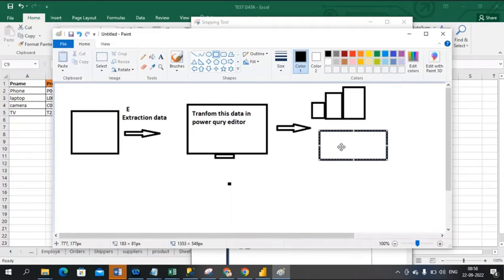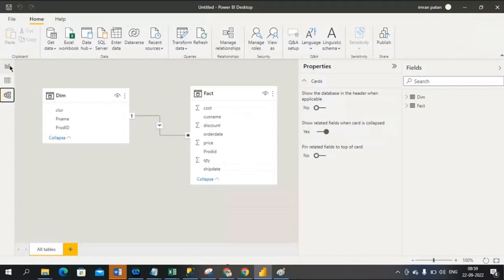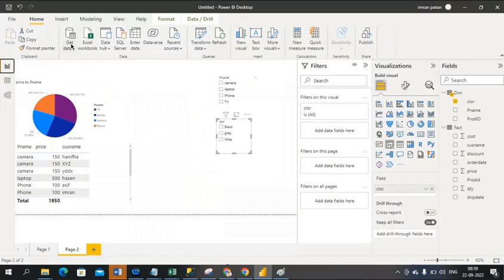The table information can be in the format of a table. So extraction, transformation, presentation: these are all ETL activities, guys. I just extracted data, and I did transform data here